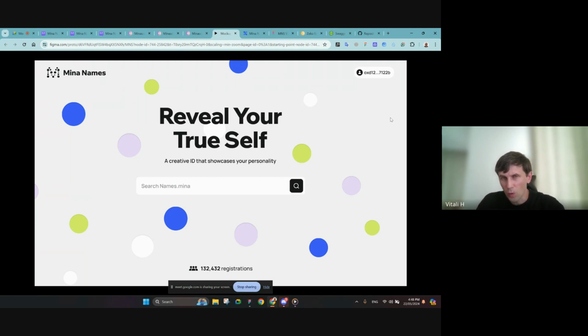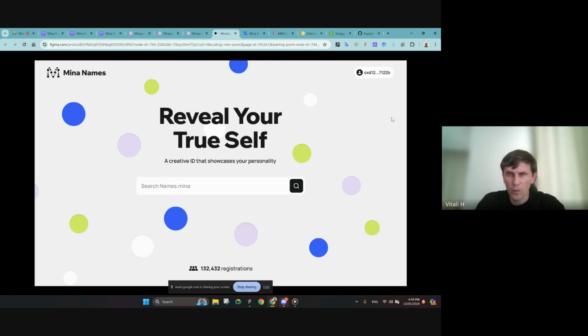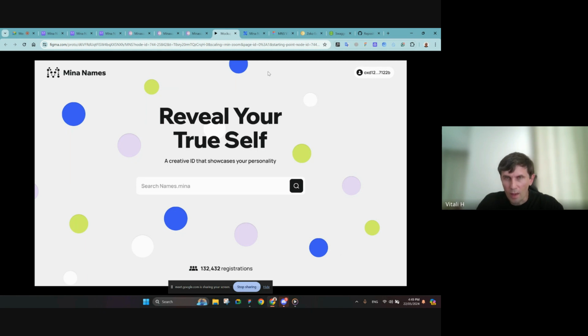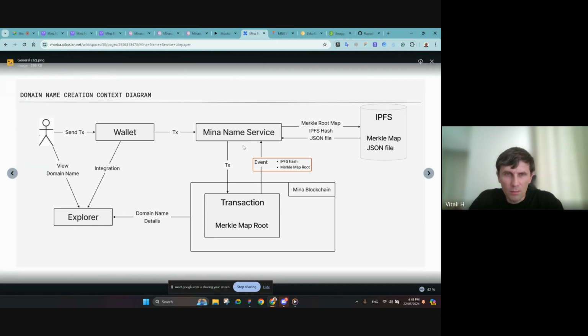I'm not going to provide a lot of technical details on how it really works in this demo. I think it deserves a separate part to be detailed and described, and we are working on that right now. We plan to provide documentation. Yeah. Maybe I can just briefly show you a screen regarding how it technically works.